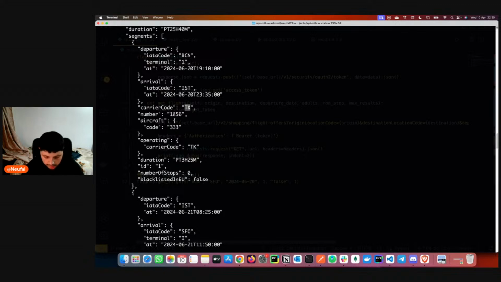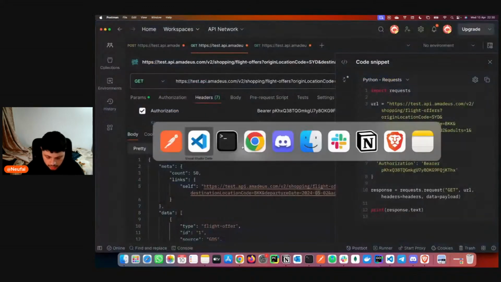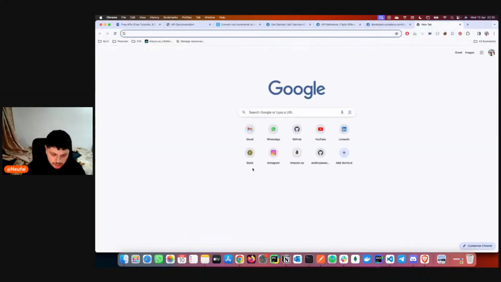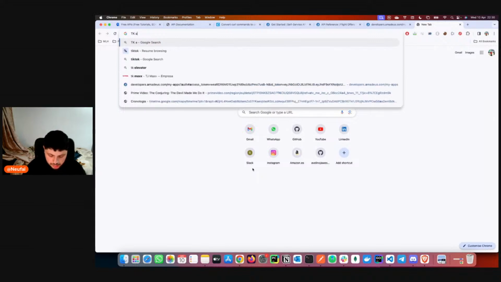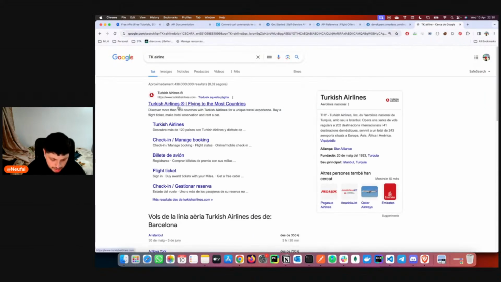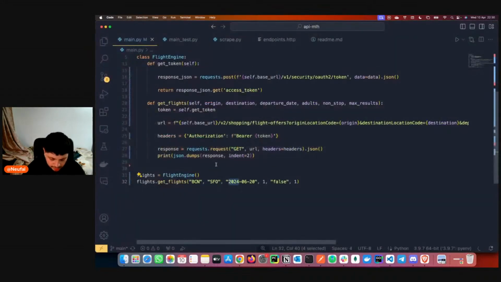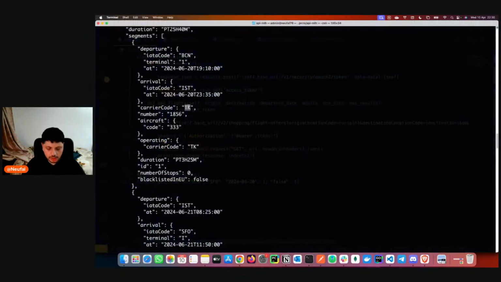I think if you go to Google and search, it's Turkish Airlines. Yeah, it's Turkish. So the flight will be operated by Turkish.